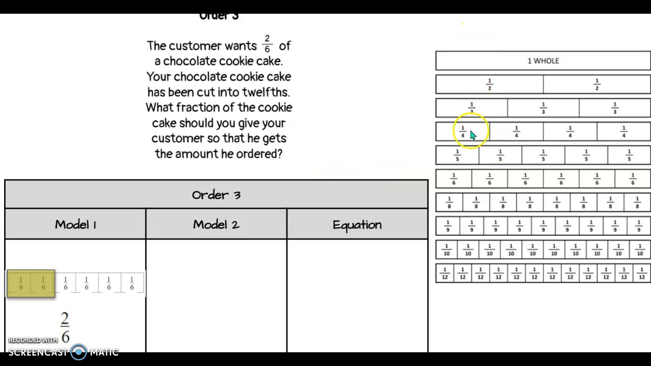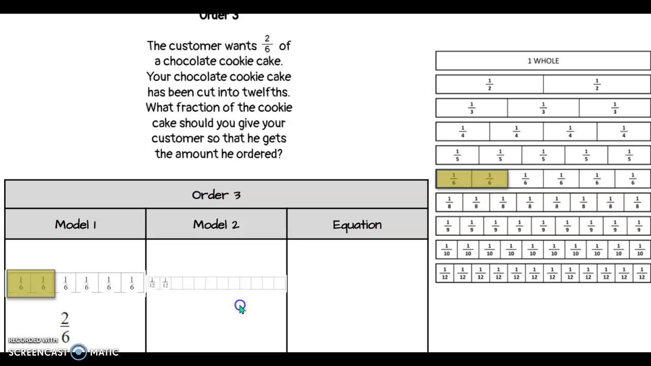Now I'm going to come to my yellow paper, and I'm going to find where my 6ths are, and I'm going to stop after 2/6, the 1/6, 2/6. So it's right here. Now it says that we've already cut our cake into 12ths. So let's go ahead and model our 12ths. Okay, so I'm going to go line to line, break it into 12 equal parts, and I label it